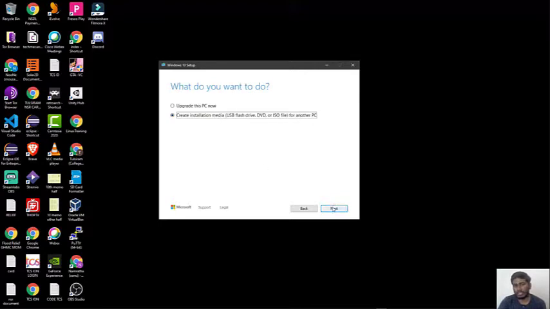After clicking on it, click next. What it does is it downloads the ISO file and writes it into a USB drive or a CD that you already have. Remember, you need to have an official version of Windows license with you, or else you could use the same old laptop license which will automatically get activated. So no need to worry about the license.